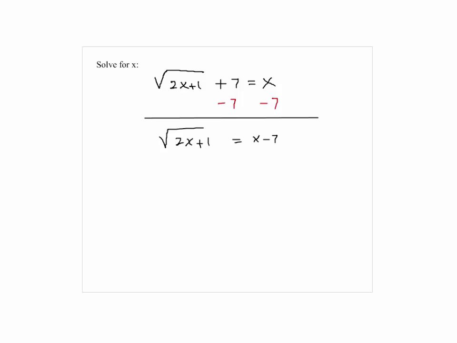And the next step is saying that we have to square them. Yeah, we isolate the radical and square both sides. Notice that we are not squaring each term. We square both sides. Okay, so on the left-hand side, I would get 2x plus 1. We eliminate the radical. On the right-hand side, this would be like x minus 7 times x minus 7, or